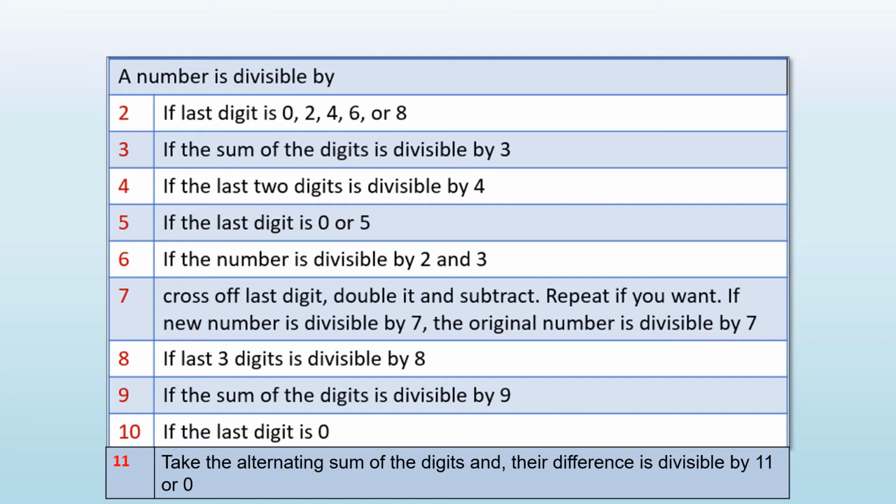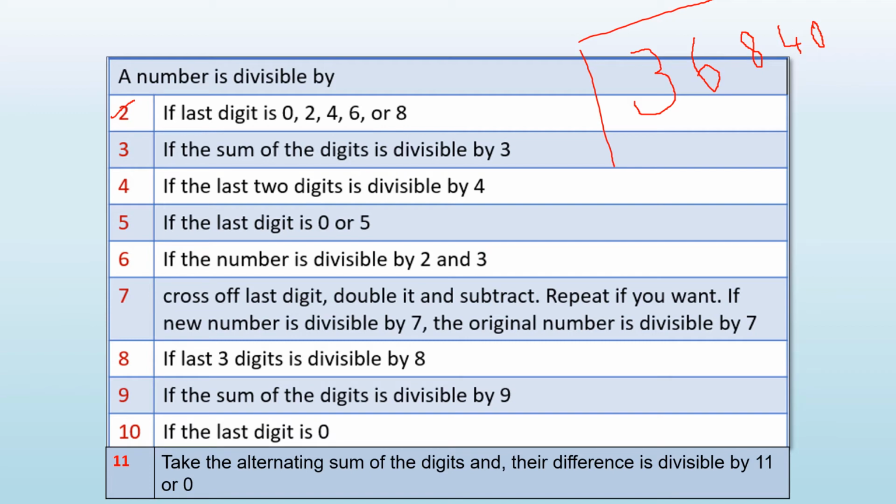You got the answer? Okay. I will tell you. 3, 6, 8, 4, 0. Any number you can take. If you are dividing with normal division, it will take more time. If you divide 36,840 by 9 or 7 or 8, it will be time consuming. So we will move with these rules. Then it is easy to tell whether it is divisible by 2 or 3 or 4 or 5. So first we will check the divisibility rule of 2.